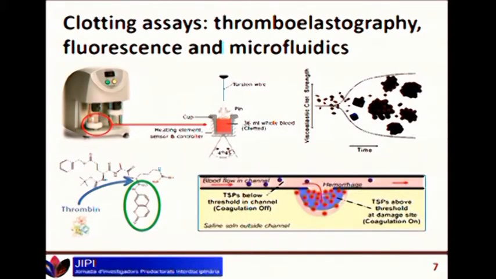How do we measure this? We don't inject it in humans or animals, not yet. What we use is the changes in viscoelasticity of the blood or plasma when coagulation happens. We put our sample here, plasma, we put the nanoparticles, and there is a pin here that rotates, and with the changes in viscoelasticity, we know when the clot is formed. So here is time, and here the clot is formed.